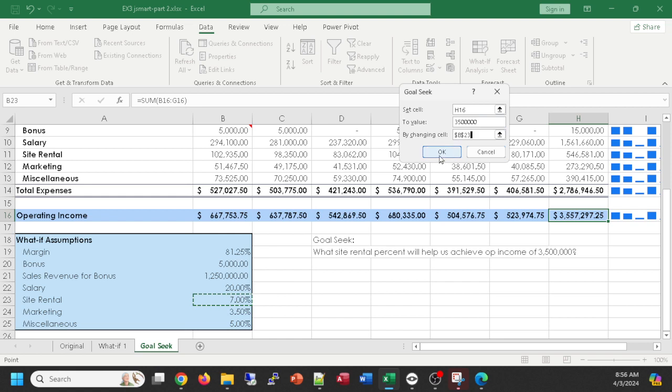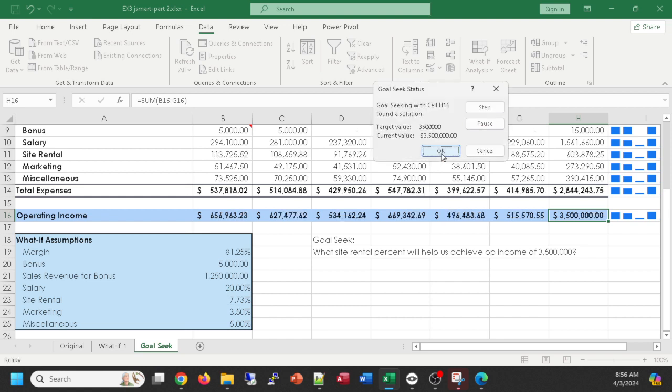Now I know that should be possible because I've messed with it myself, and I can see by changing site rental, it does have an effect on operating income. Now let's hit OK and see what Excel can do for us. It figured out exactly 7.73%, and I think it goes beyond 2 decimals. That will give me an exact operating income of 3,500,000. If I'm happy with that, I can click OK,